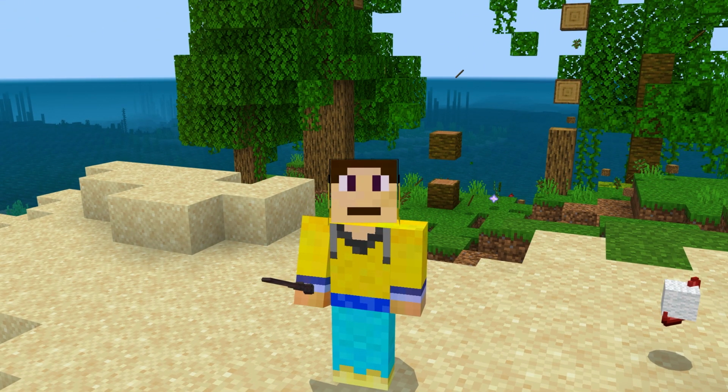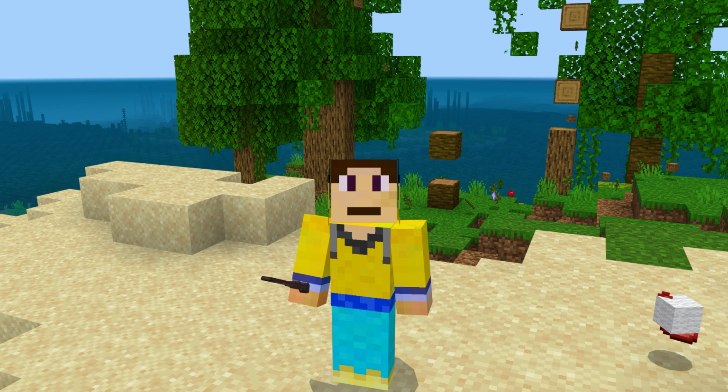But you can be a wizard if you want by downloading this add-on in the description down below. And of course, this add-on is actually very early into development, so hopefully in the future they add a whole bunch of stuff to this add-on, so there's just so much more to look forward to. But other than that, I hope you did